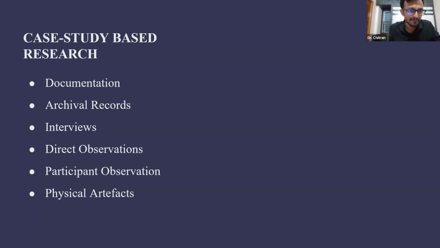You take a region, right? So these are some of the important things. It's not necessary that you need to have all these things for case study based research. This is also from a reference book that I got: documentation, archival records, interviews, direct observations, participant observation, physical artifacts. So interviews and direct observation are more like you're going there on the field, and you may have equipment like a camera or a tape recorder, and you do interviews, you observe.